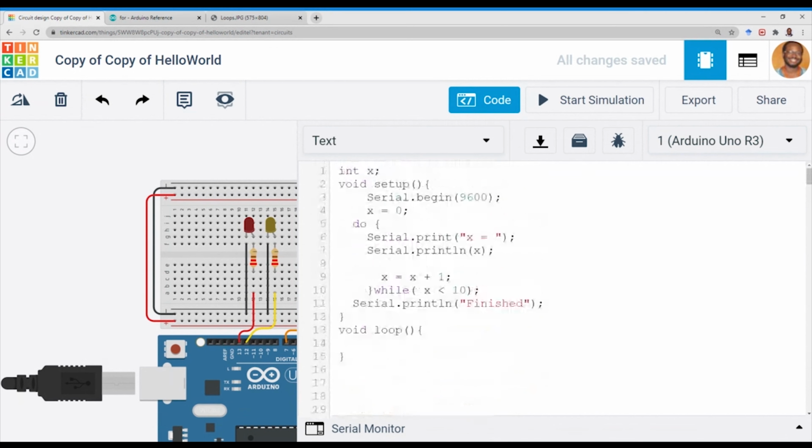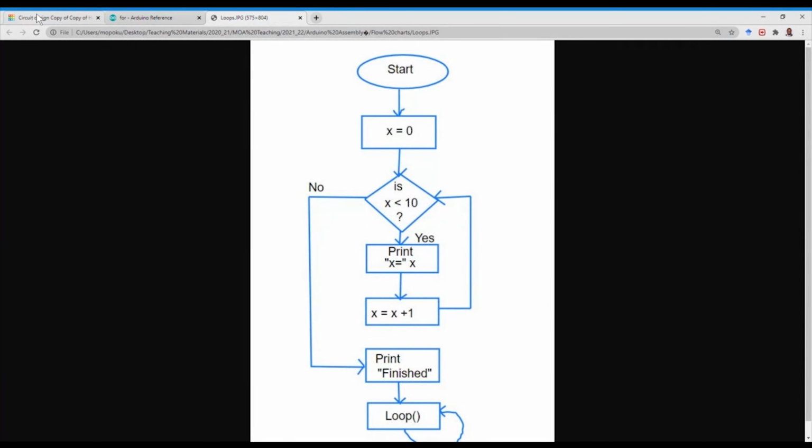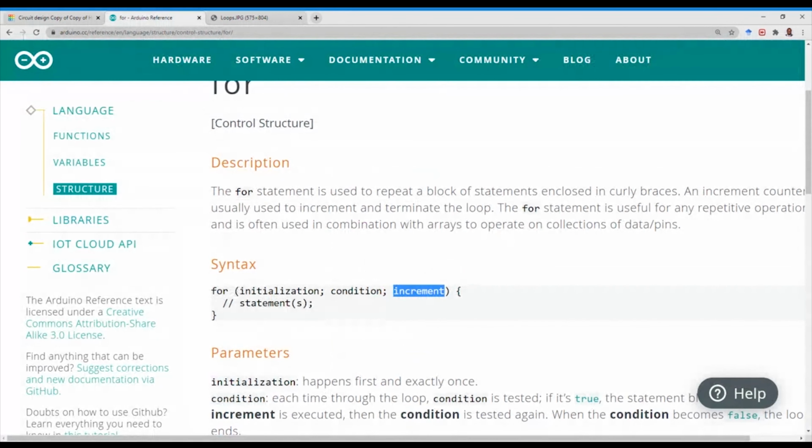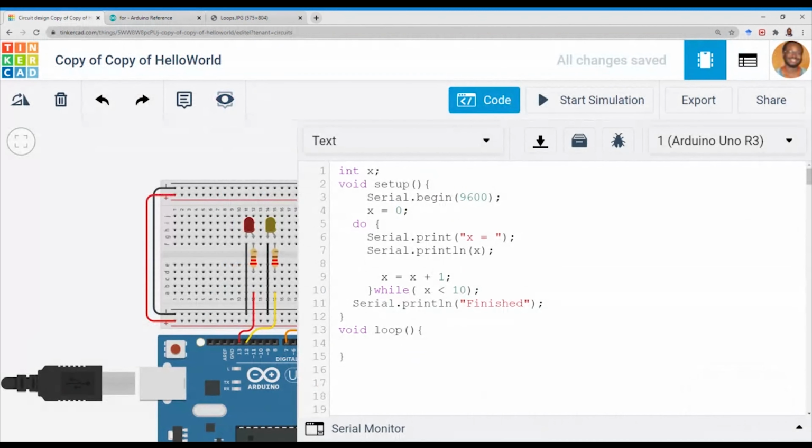And make use of the for statement now. So what we want to do is run the same flow diagram with the for statement instead. So by looking at the reference, we've got for initial value and the condition, then the increment and the statement in there. So if we get rid of this block, what we want to do is for